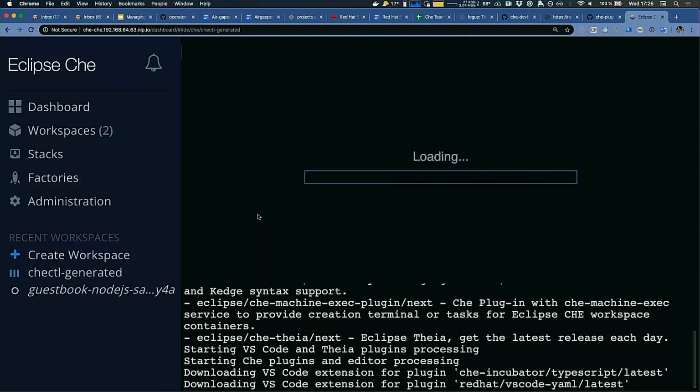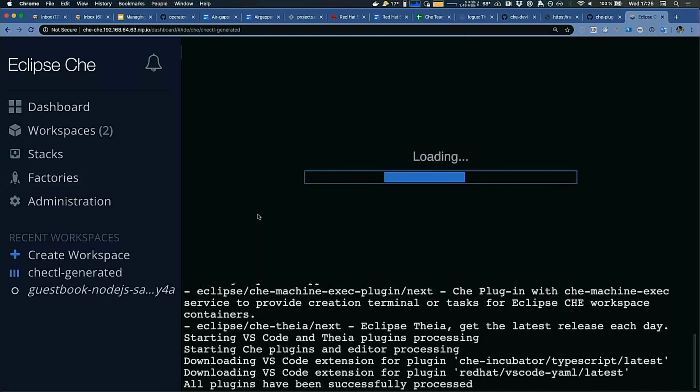What's happening is that it creates everything that is inside the devfile, and it creates the definition of a Kubernetes pod.